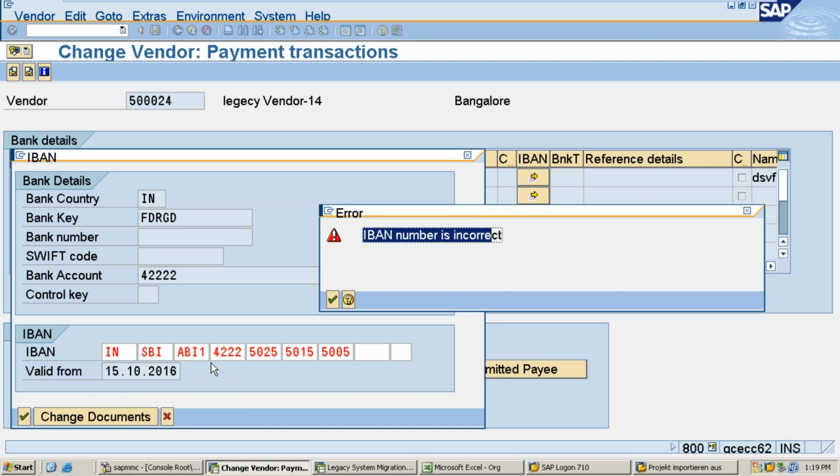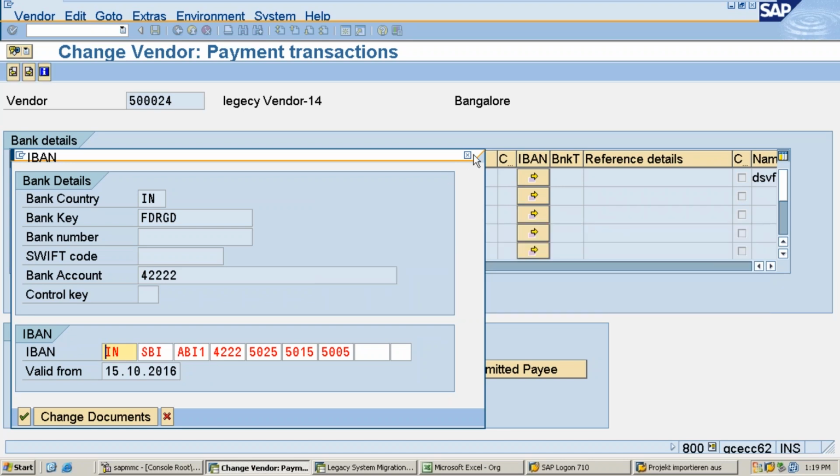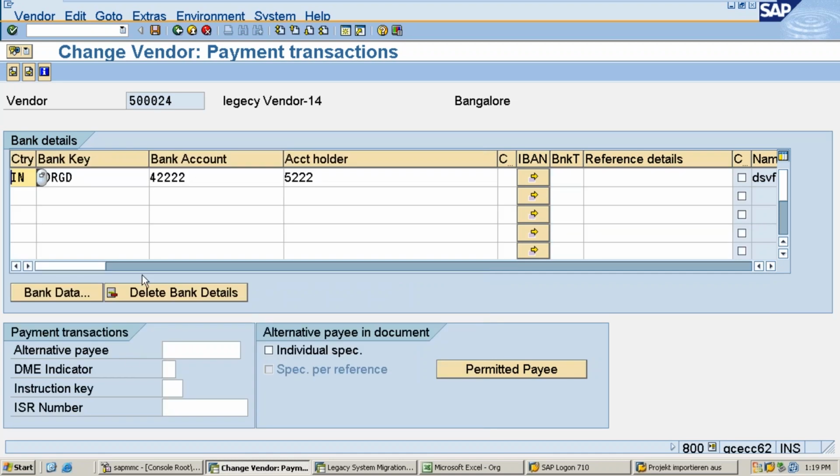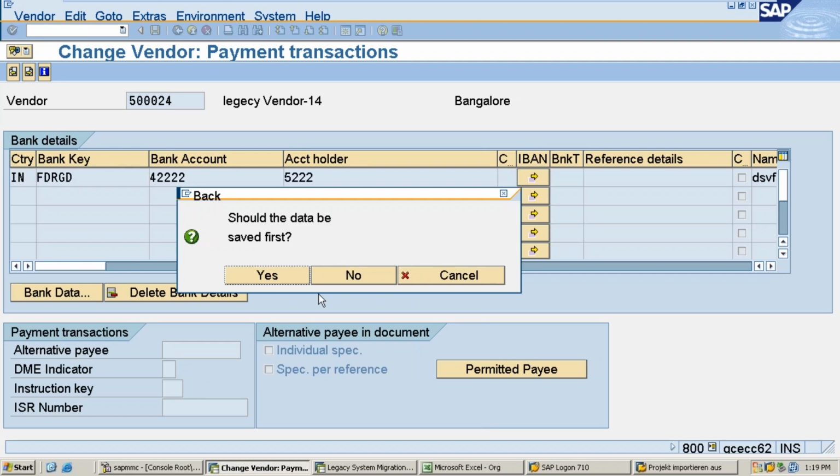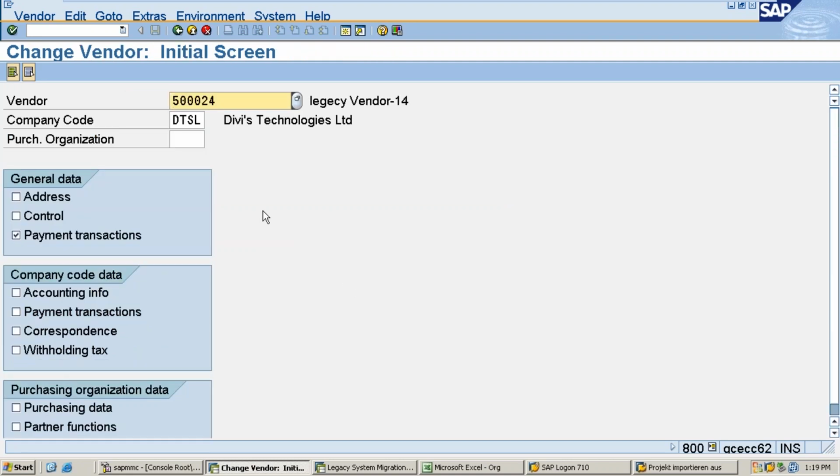If it is accepted manually, then it will accept in LSMW also. That's what I can say. Understand, right? Simple one-line answer. Make sure your bank and everything must exist. So this is from the change point of view. You can do it: first creation, then change it. So any specific doubts you have?